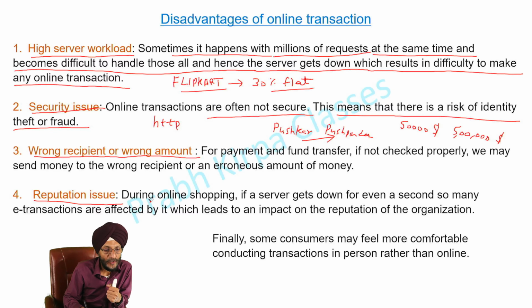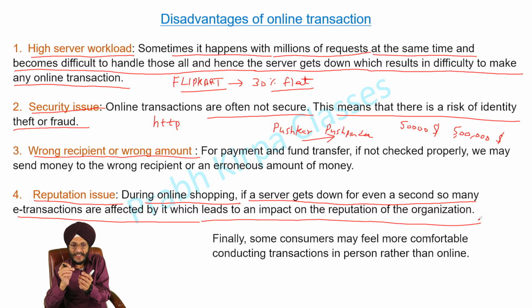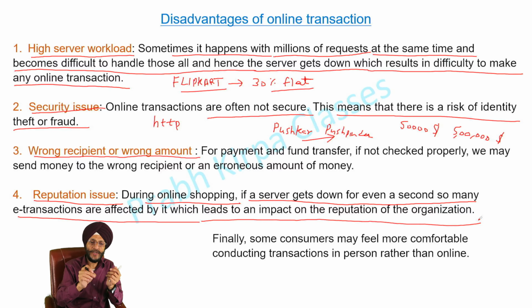Reputation issue. During online shopping, if the server goes down even for a second, so many e-transactions are affected, by which it leads to an impact on the reputation of the organization. We are using the internet daily. Whenever any reputable site like Amazon, Flipkart, even their server fails for a second, there are a lot of messages flashed on Twitter and others. It makes the